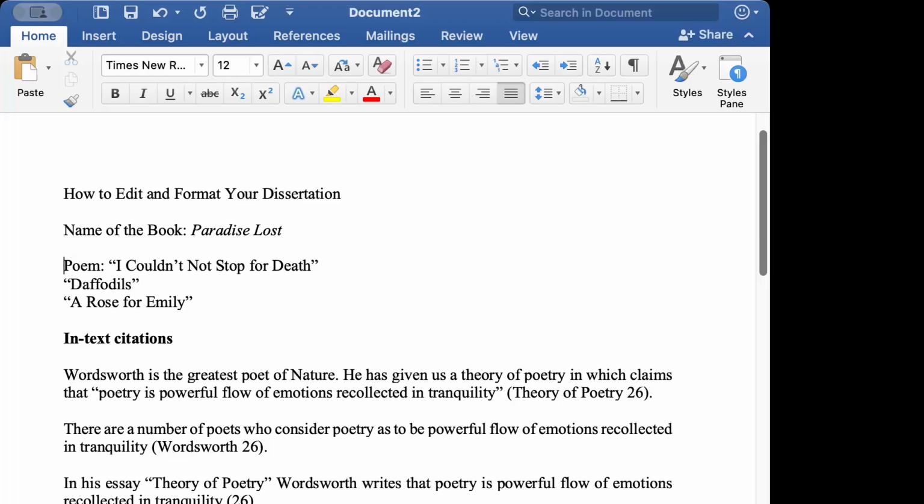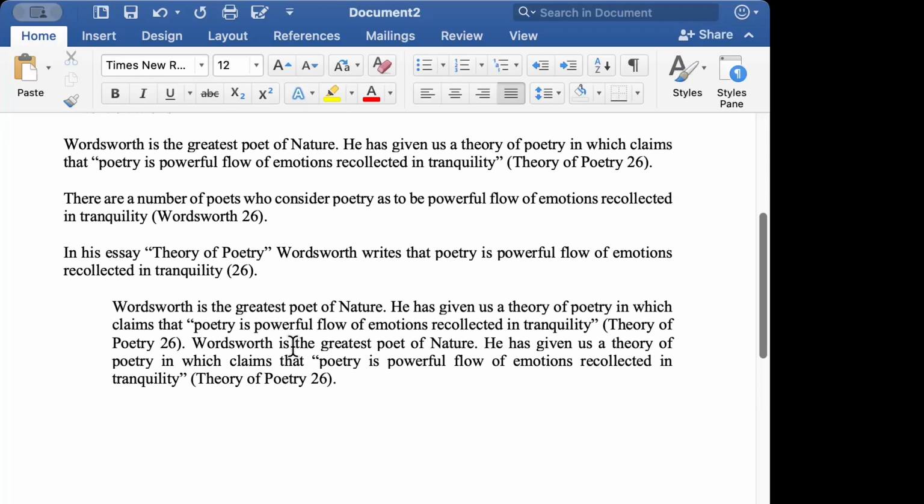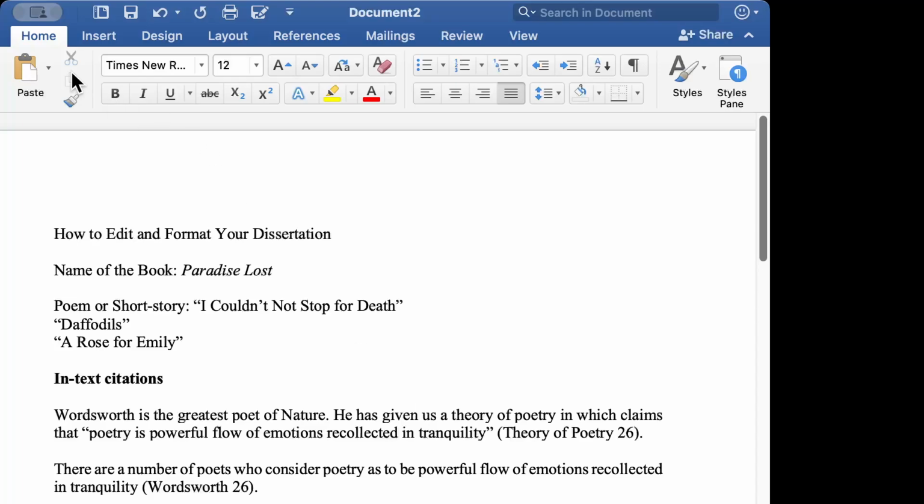Okay. And then these are the various ways to cite your text. And then I've talked about font type and font size in your dissertation. I hope this will help you,